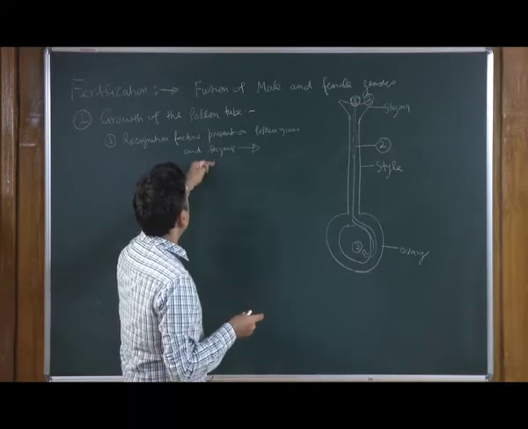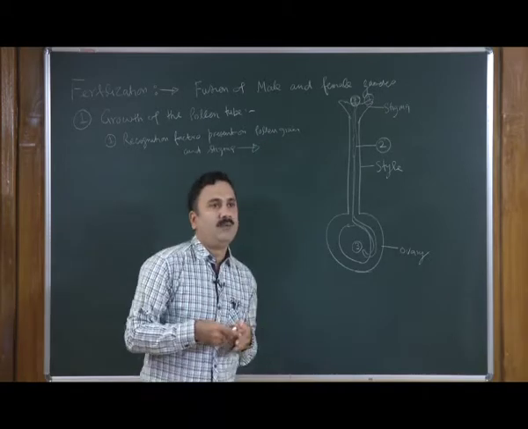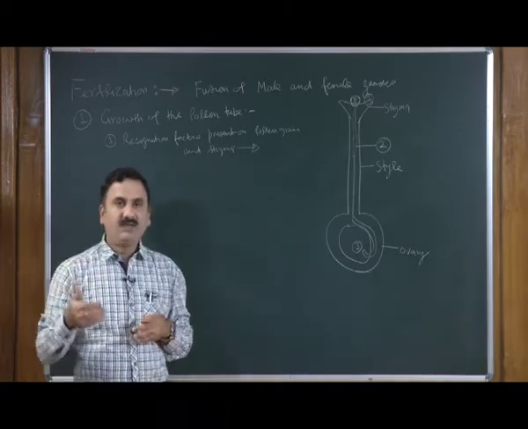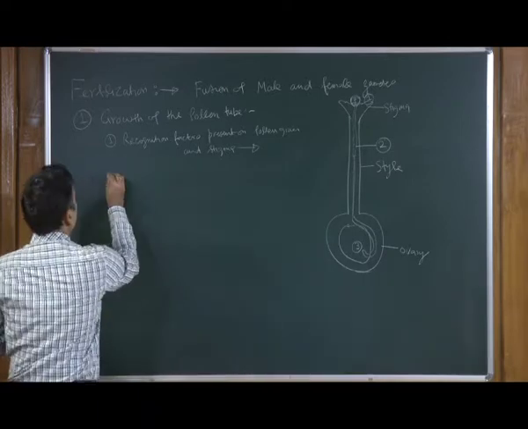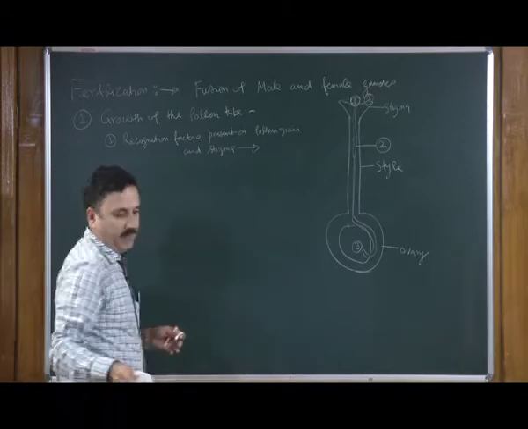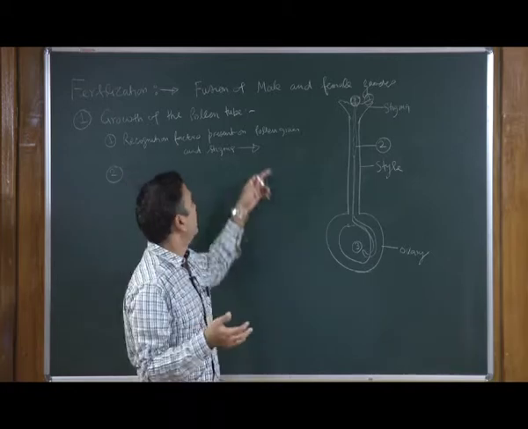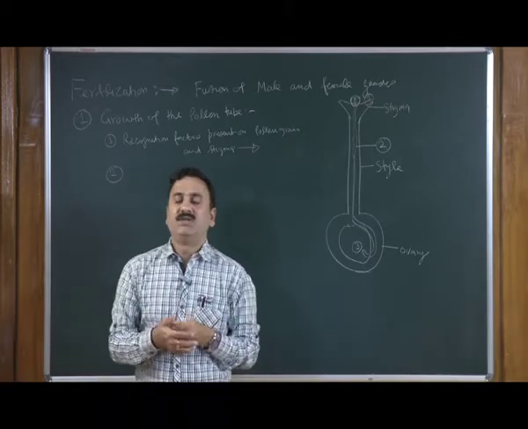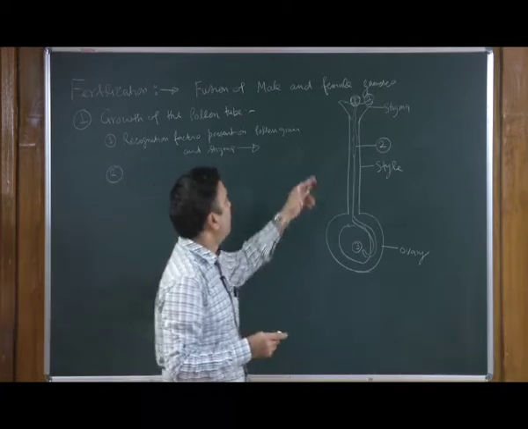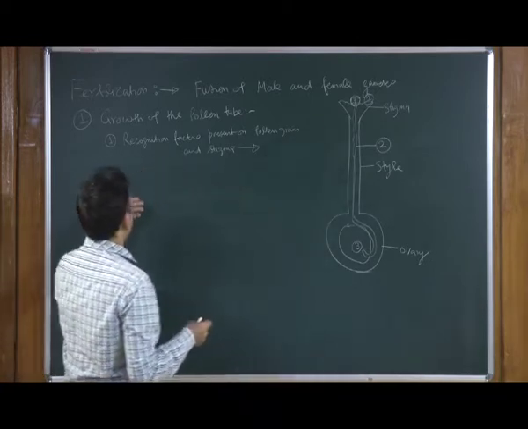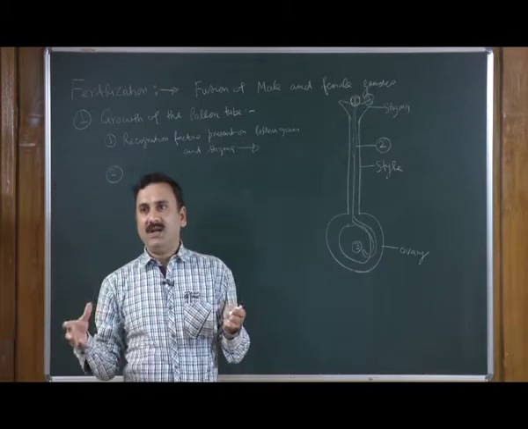This recognition helps in stimulating the metabolism within the pollen grain. As soon as the recognition takes place between the pollen grain and the stigma, that allows the stimulation of the production of proteolytic enzymes from the pollen grains. And so, as soon as the pollen grains fall onto the stigma, they start getting wet.